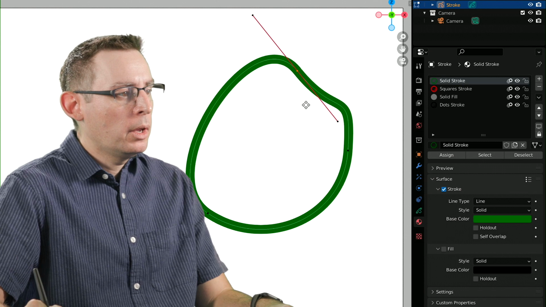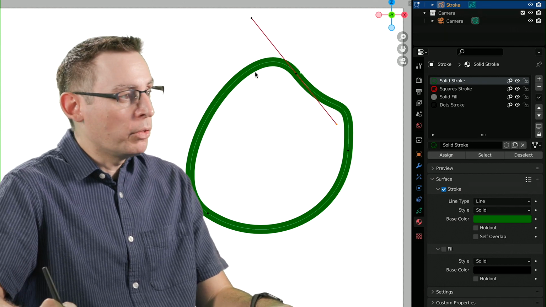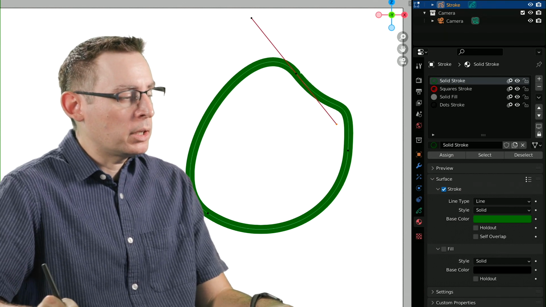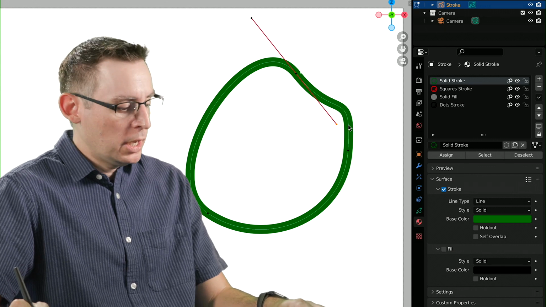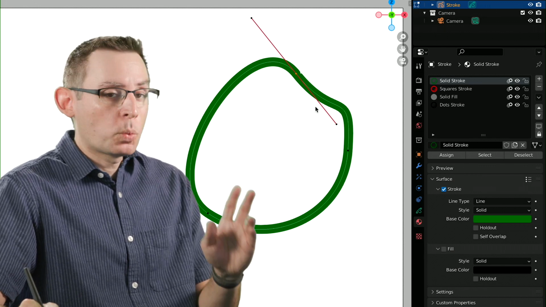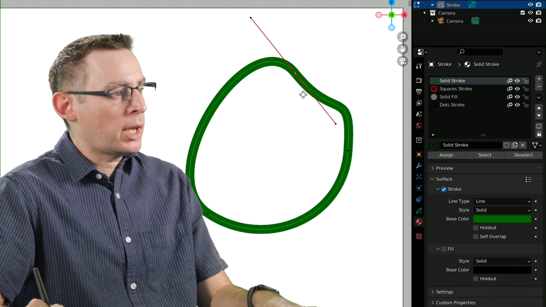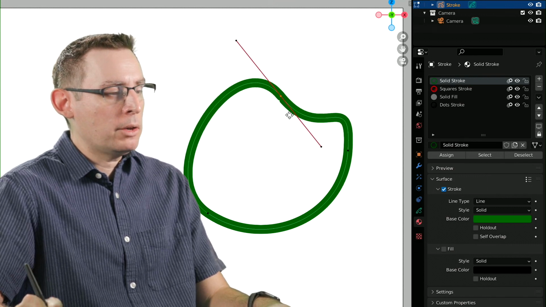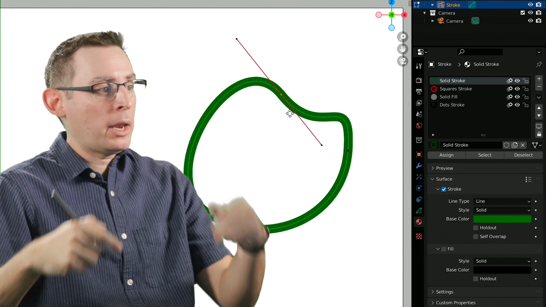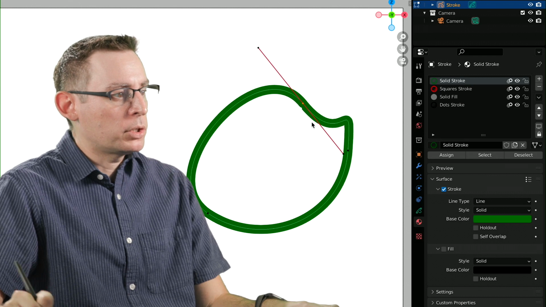which is incredibly exciting because now we can organically change the form without having to worry about all the zillion little verts that are being used to construct this shape. Now, these tangent handles work in a pretty interesting way. If we grab the center dot, you can see that the entirety of that handle, both arms of the paddle, if you will, come along for the ride, which is pretty cool.